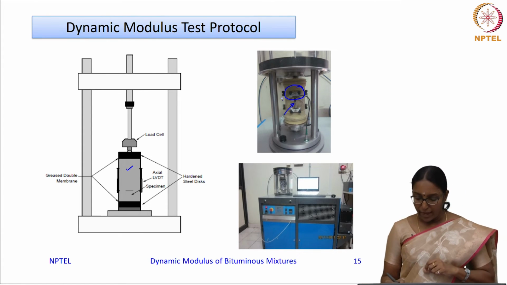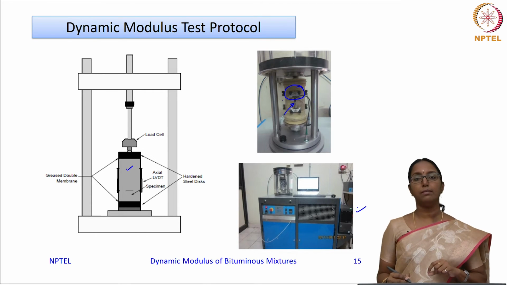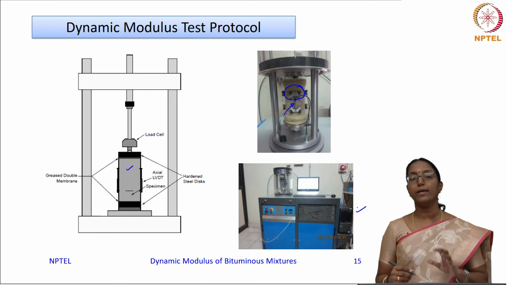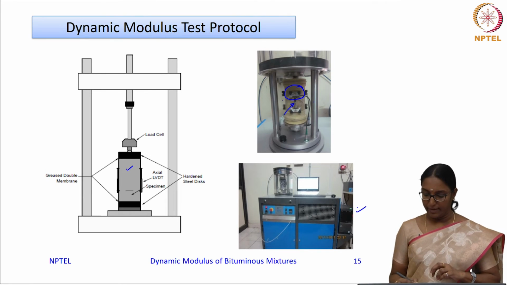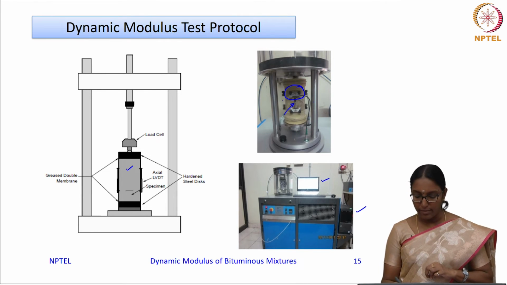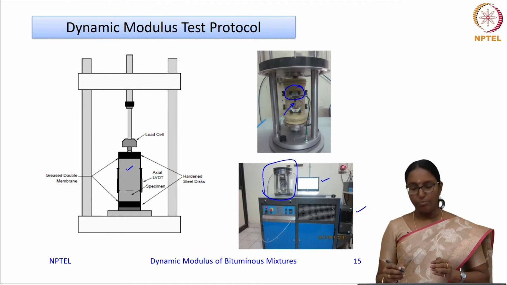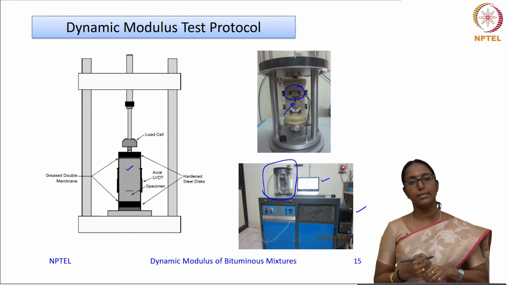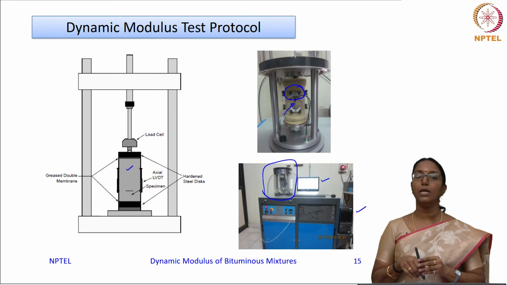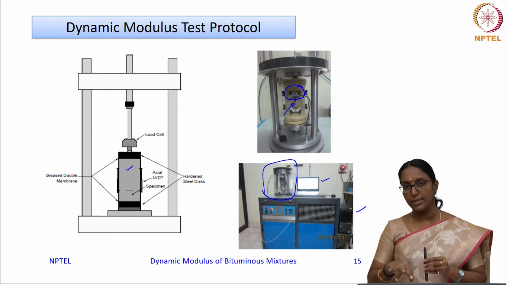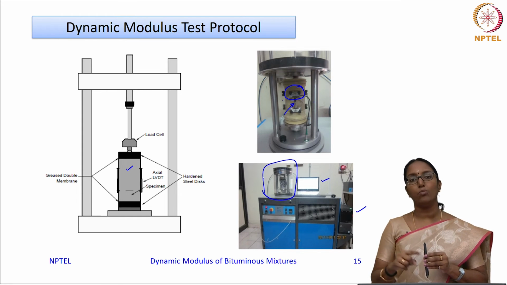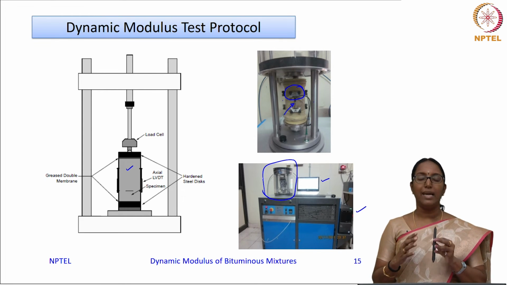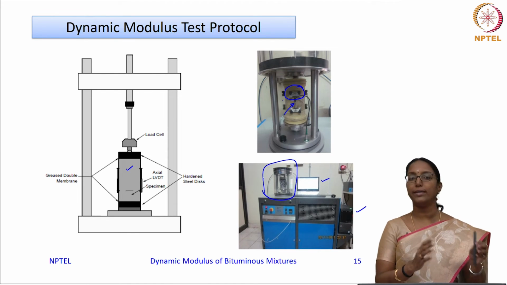Okay. Now the figure here shows the simple performance test apparatus, or now it's called the asphalt mixture performance test apparatus. You have the data acquisition system and this is a thermal controlled chamber. Inside the chamber you can keep the specimen and then you have to condition the specimen. For that, what normally is done is that you use a dummy specimen with temperature probes inserted inside it and test how much time it will take for the entire specimen to reach the specified temperature, and you use that much conditioning time for your test specimen as well.